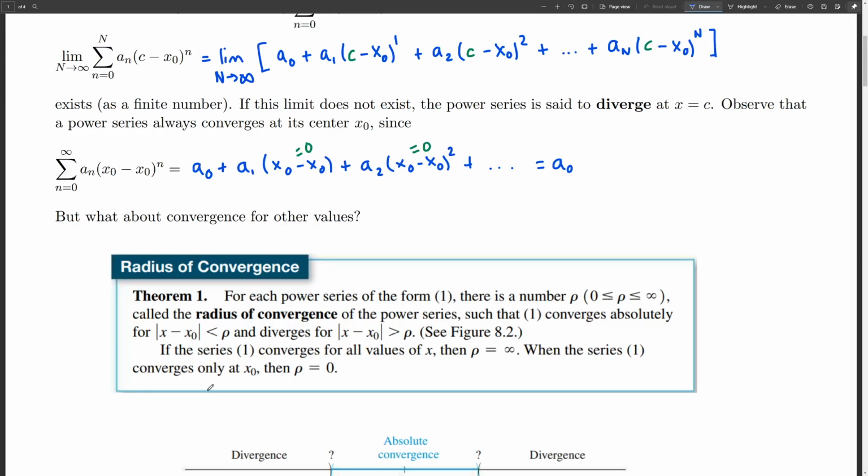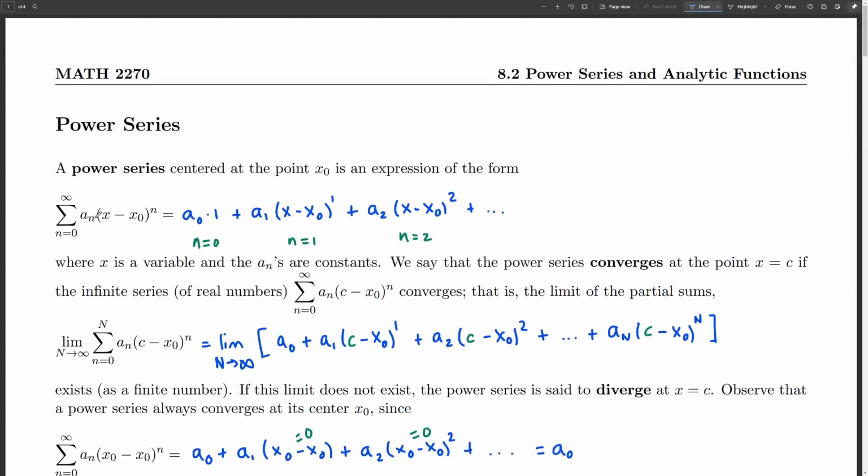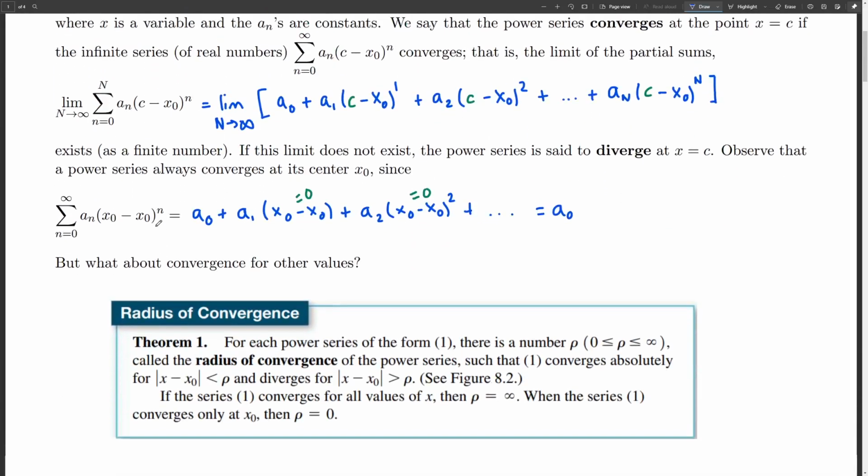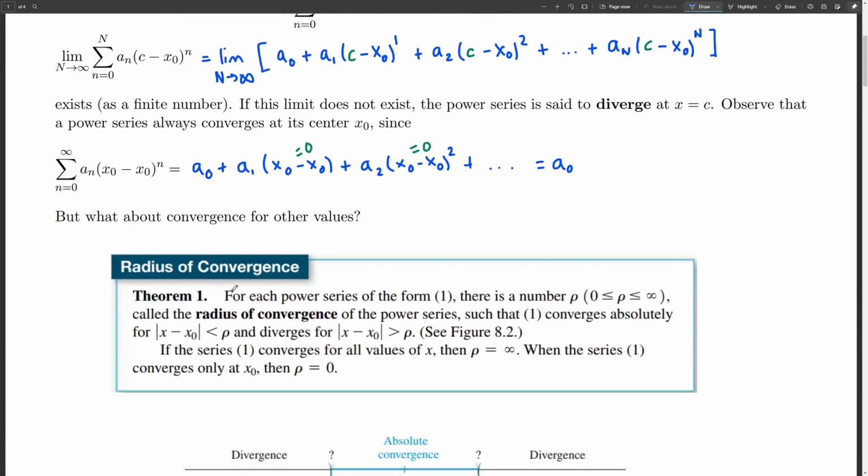And here's a main theorem from power series about the radius of convergence. For each power series of the form that we can see over here, the sum from n equals 0 to infinity of a sub n times x minus x naught to the power n, there is a number rho, where rho is between 0 and infinity, 0 and infinity included,